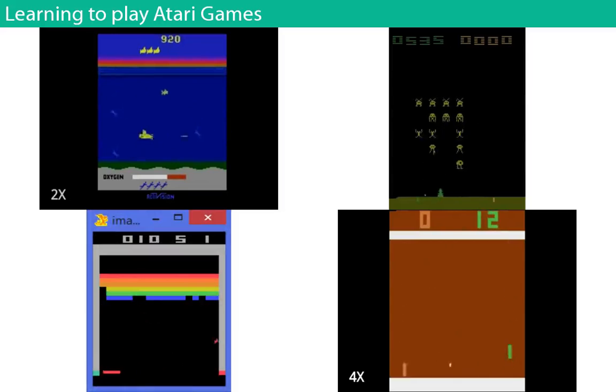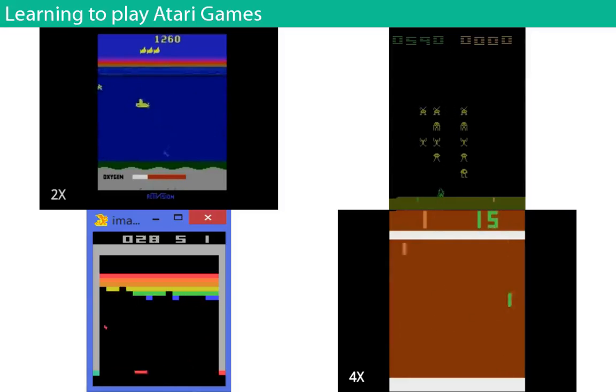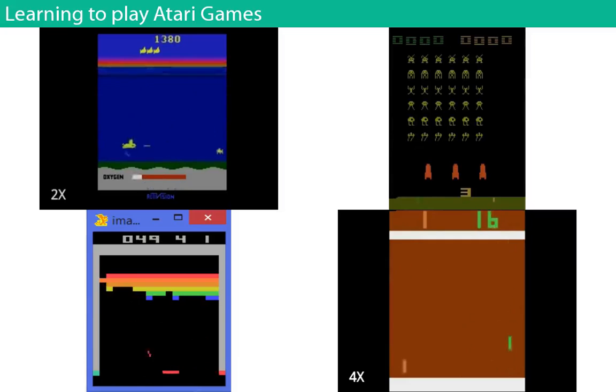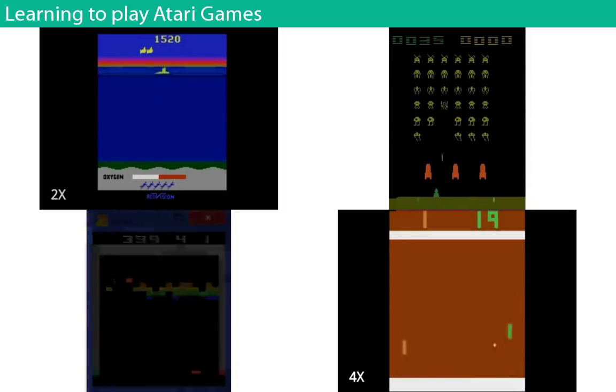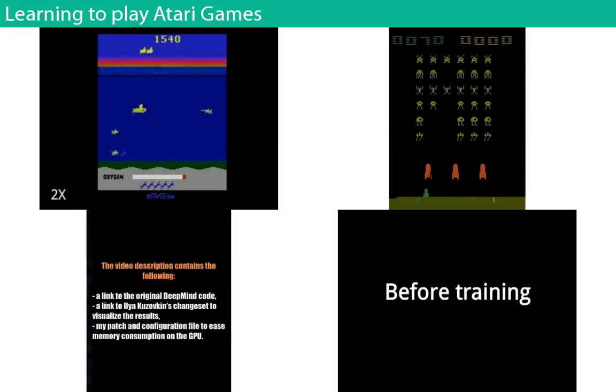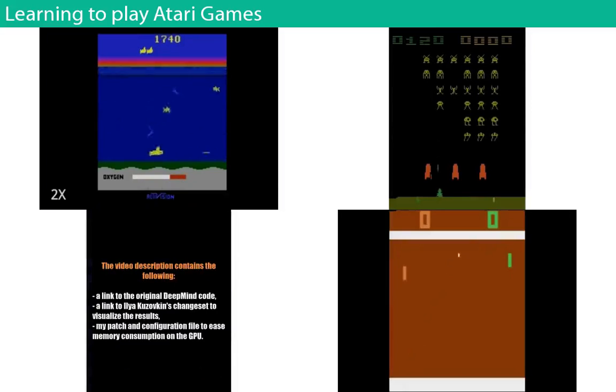So you don't tell it what the rules are. You just give it the screen pixels and the joystick. And that's it, only the pixels. There's no information encoded about the game. That's all it gets, and it learns how to play them simply from trying out things and figuring out what the reward is, and then doing more of the thing that gets you rewards.